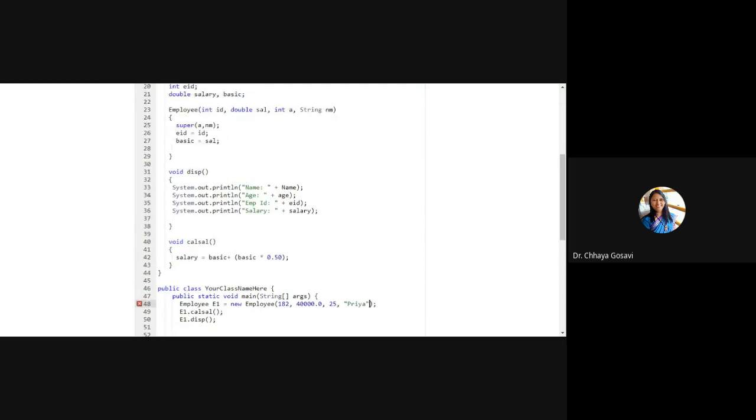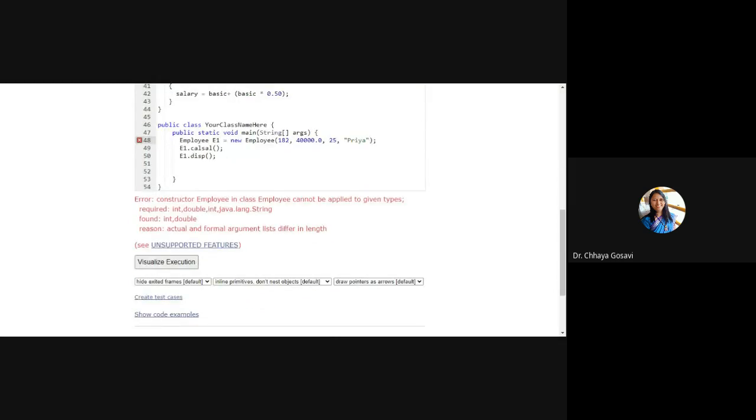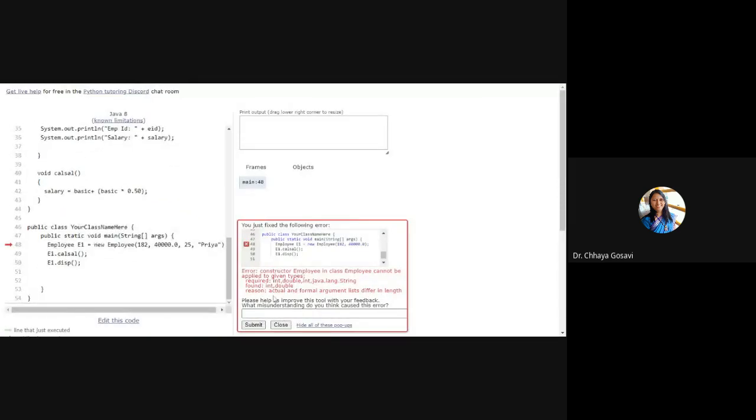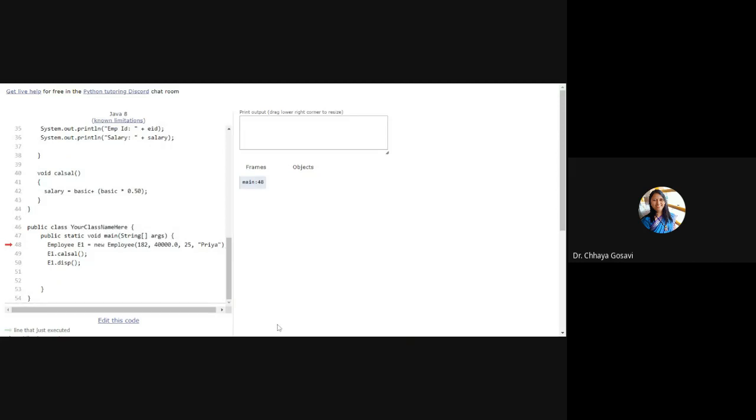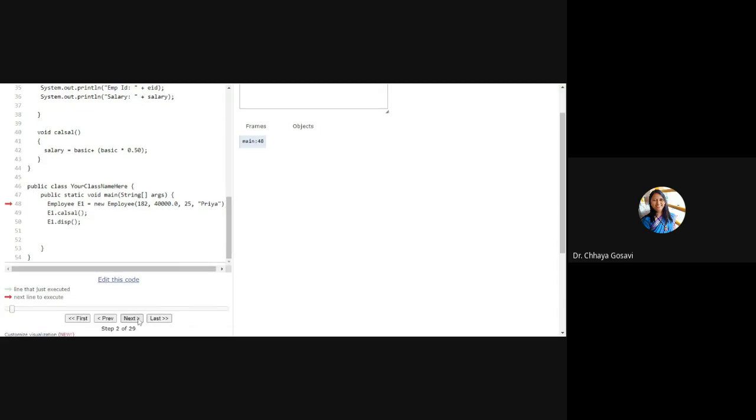In this constructor, I have used 4 parameters. So when I create an object, I have to pass those 4 parameters. Okay, look here. We are creating an object of the employee class. Employee e1 is equal to new Employee.